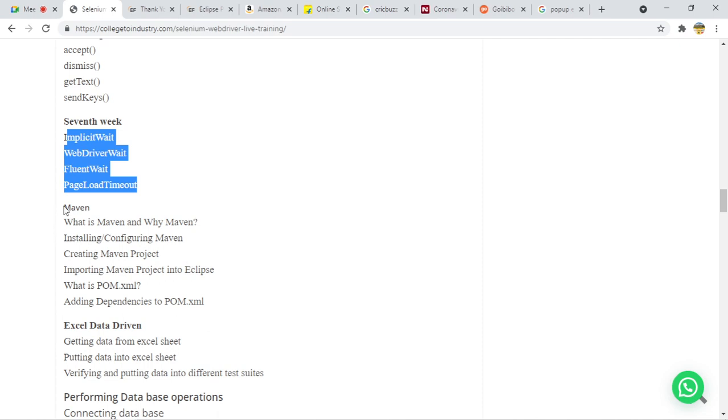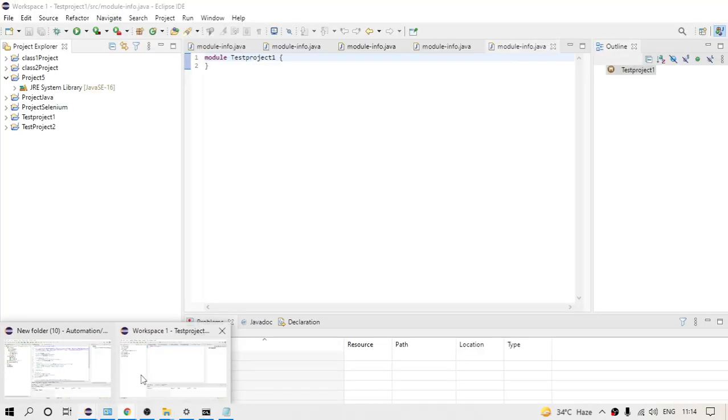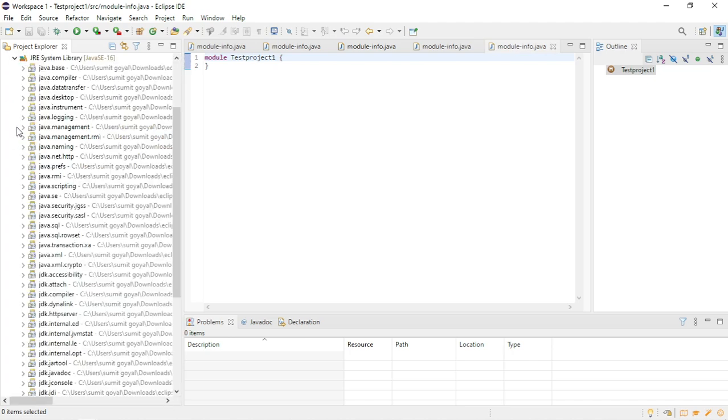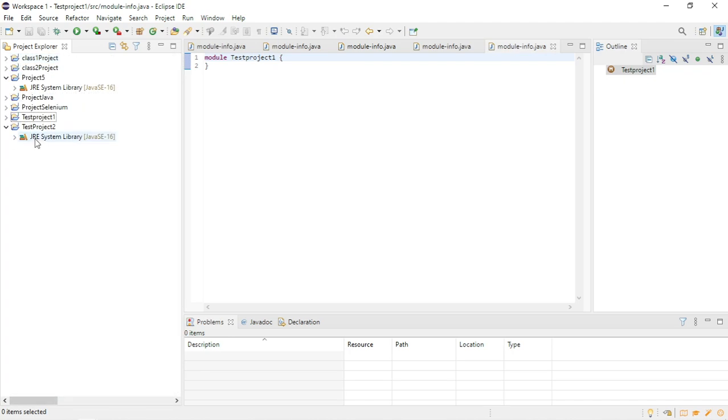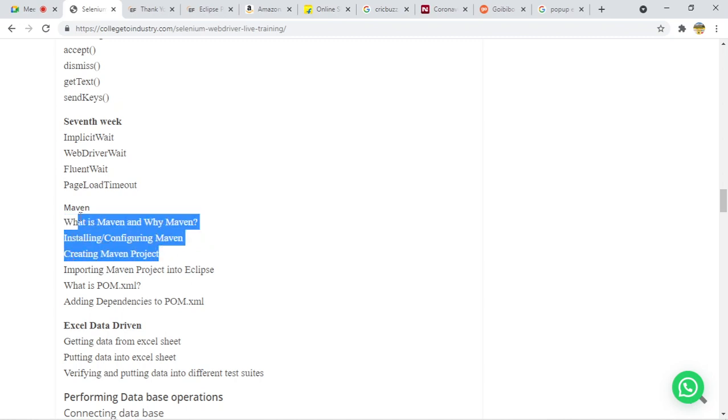And what is this Maven? Basically, some brief introduction about Maven. As of now, I'm creating this structure manually. Suppose I want to add one more file, one more project, I am doing it manually, but Maven will provide you some structure that you can follow. So we will see that in detail: what is pom.xml, how we can create a Maven project, and what the advantage of that is. You will come to know.